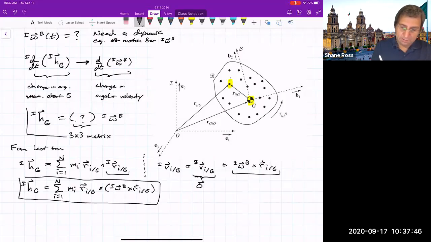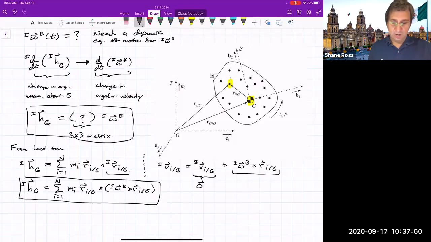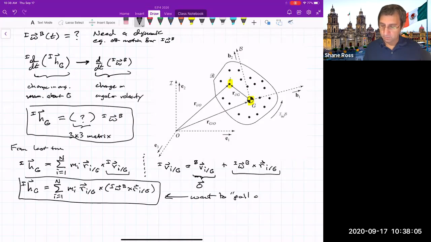Because up here, I've assumed that we can write H_G equals something times omega. Here, it looks like it's kind of mixed up in the middle of a cross product. So how do we deal with this? We want to pull out omega_B so that we've got